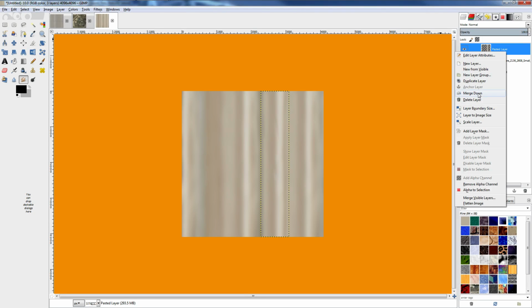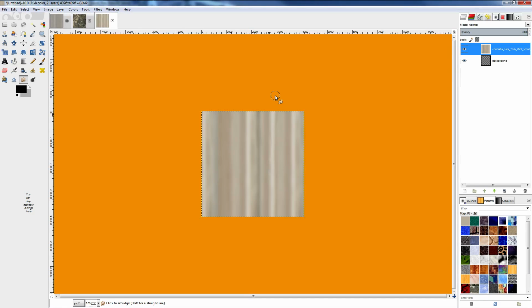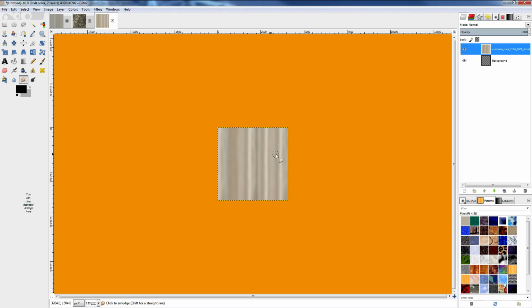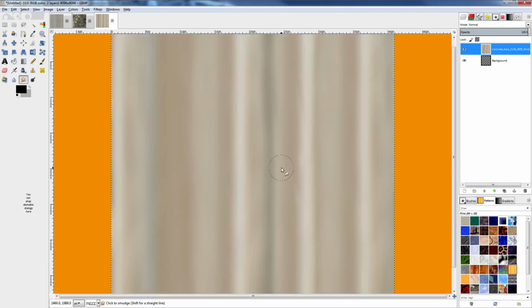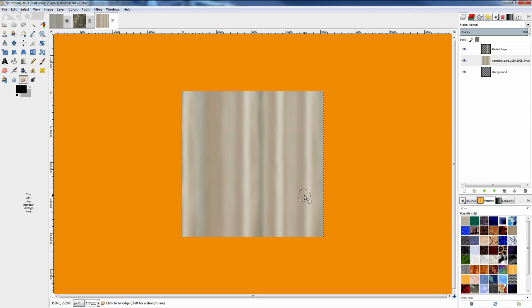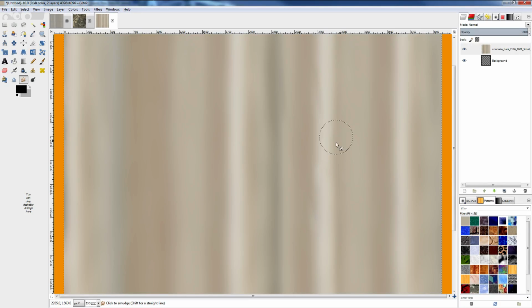Excuse me, let me just merge this down. I don't think we want everything to be perfectly straight like this. I think we have a little bit of play in the, well, not that much, that looks awful, but if we have a little bit of motion going on in here, I think things are going to look a little better. So, of course, the image has to be selected, so this might take some patience. I just want to get a little motion going on in here, and I guess if I just take my time,